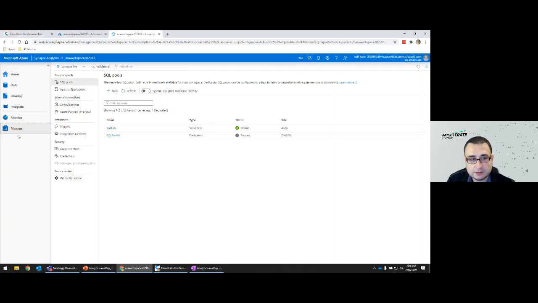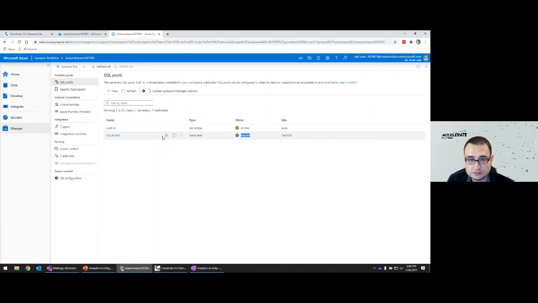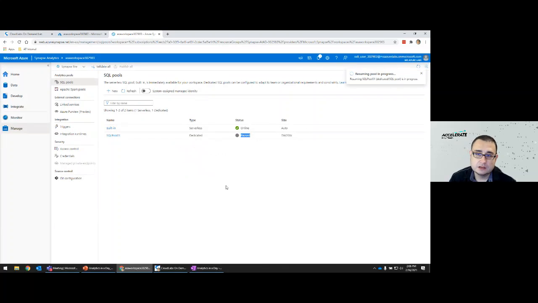services. Now, if you go to Manage, you would see that the SQL Pool 01 environment is paused. So let's go ahead and click on this play or resume button right here. That will turn the SQL pool on, or resume it in this case. I want to do that because it takes a little while for it to come up, and so while we go through the lab, it should be on when we need it.